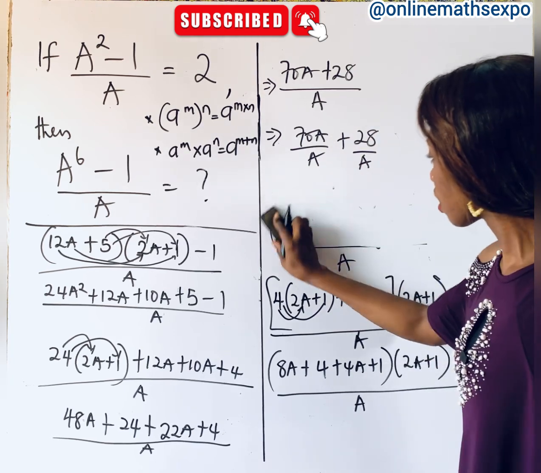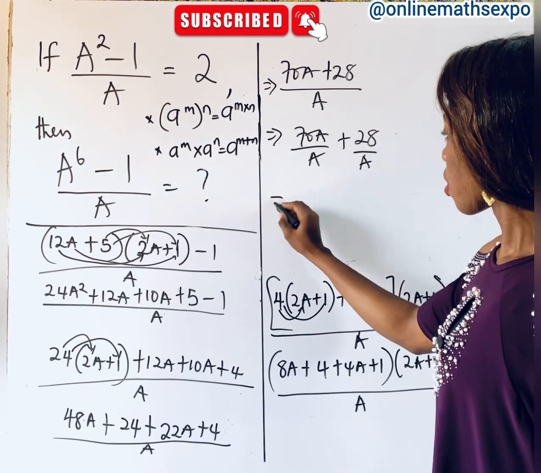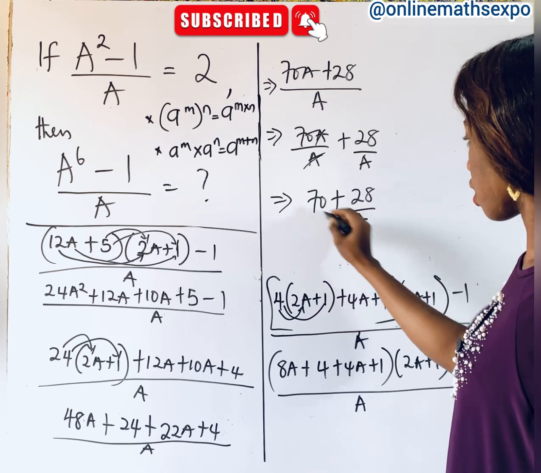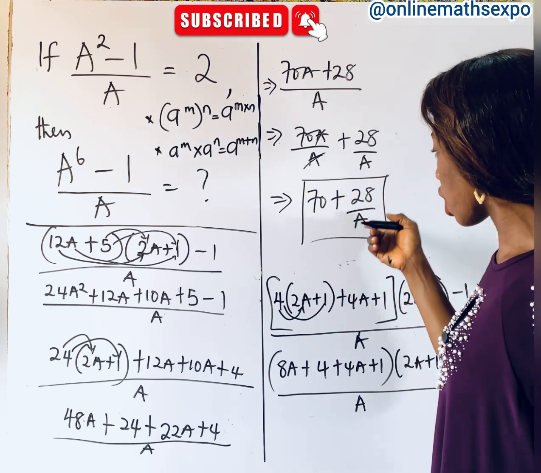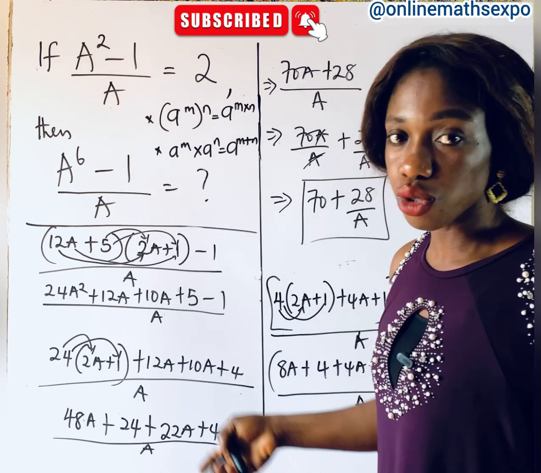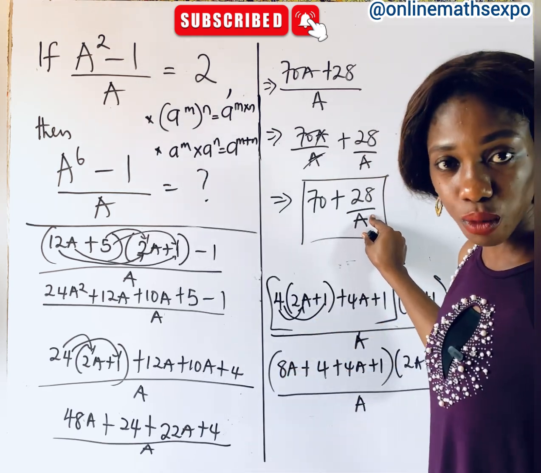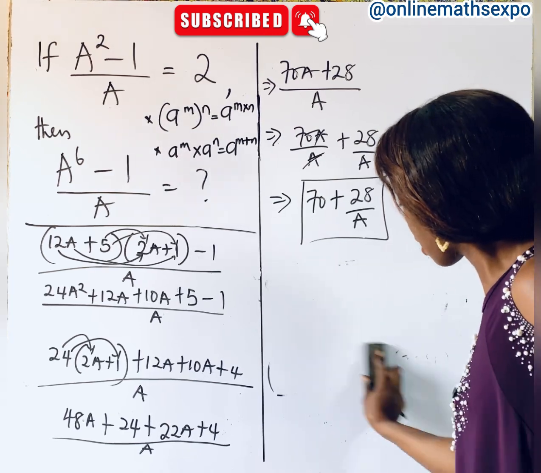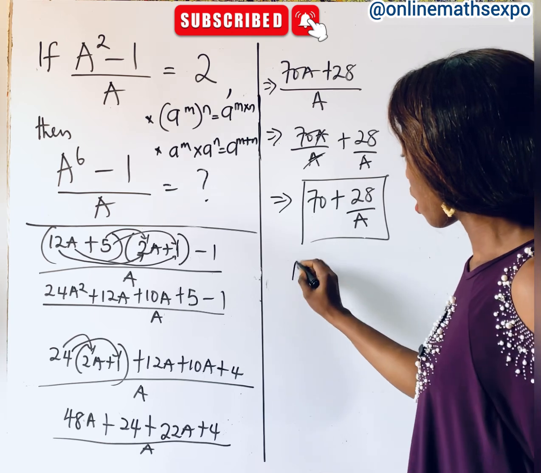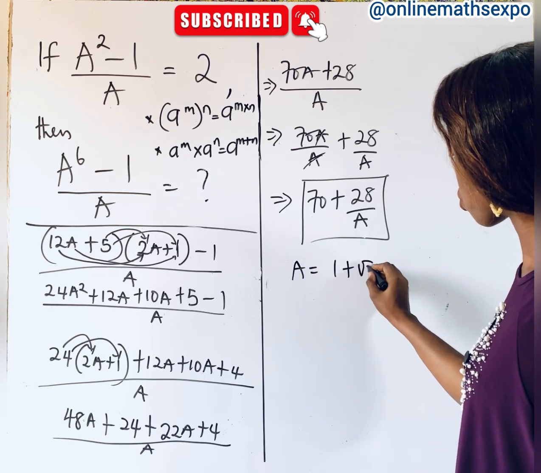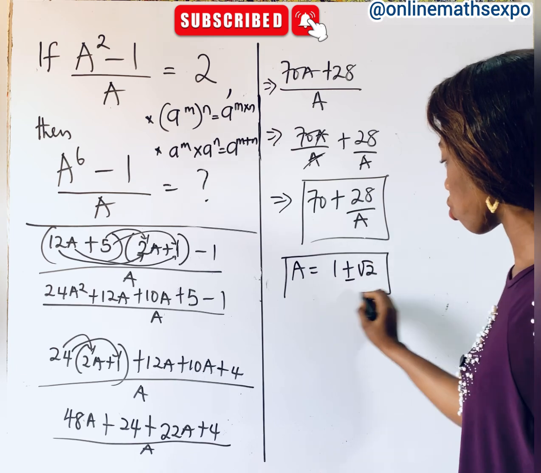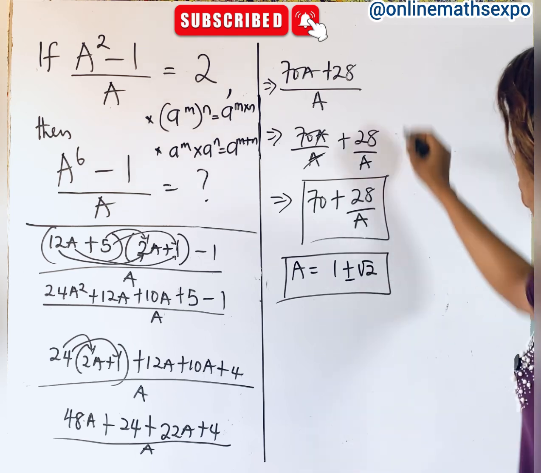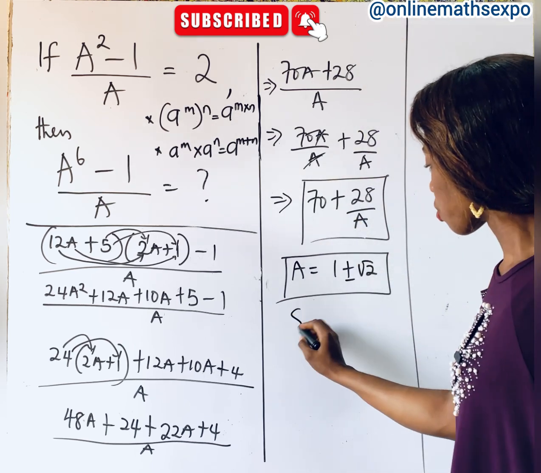So what do you do again? We're going to now have, this a will cancel, we have 70 plus 28 all over a. Now at this point, you are not replacing a again. What you need to do is to get the actual value of a we got in the question. And what is that value of a? We said that our a is 1 plus or minus root 2. So let's replace it. So we're going to work with both the positive and the negative. So in that case, we are going to have, substituting it,